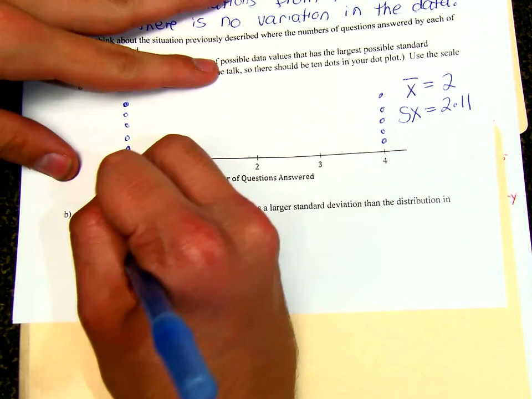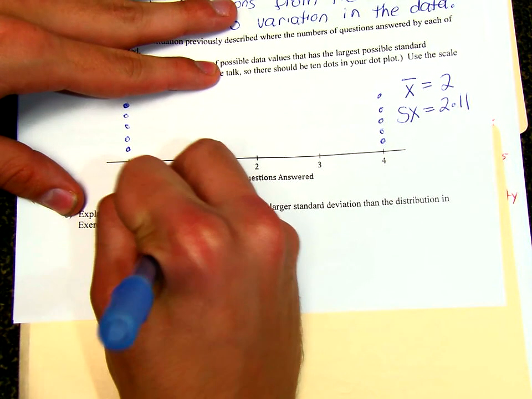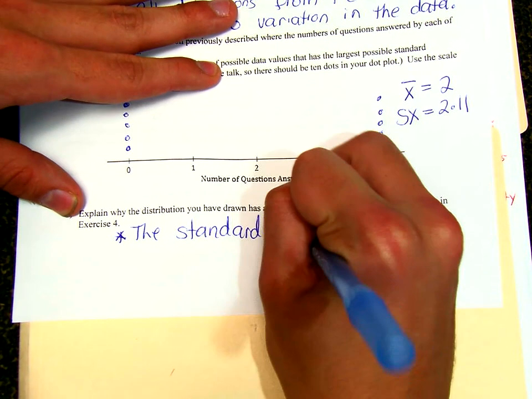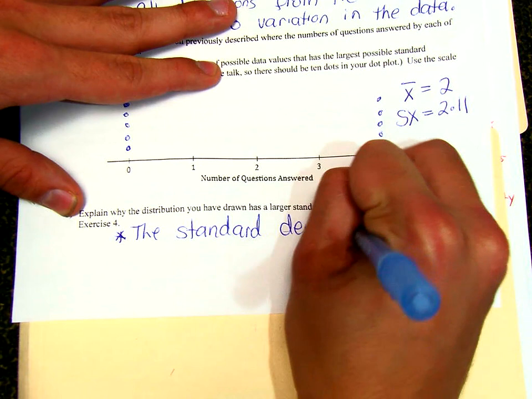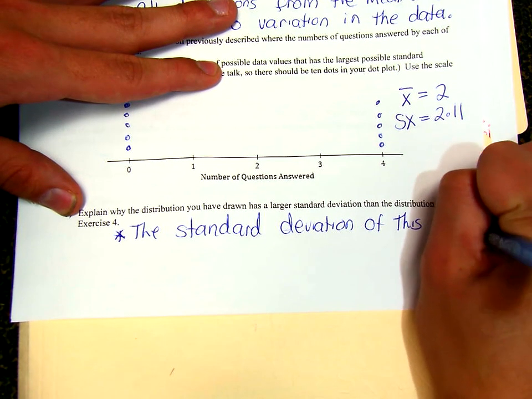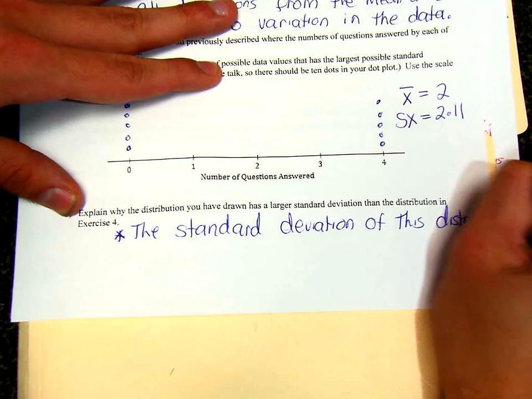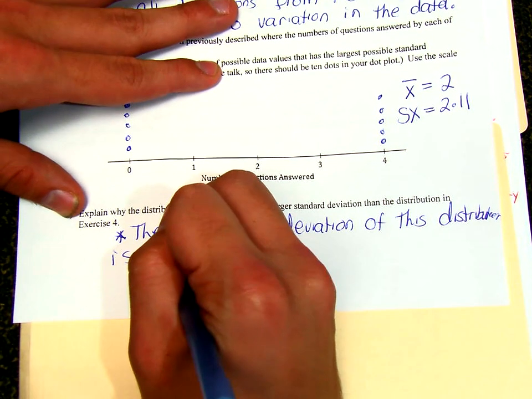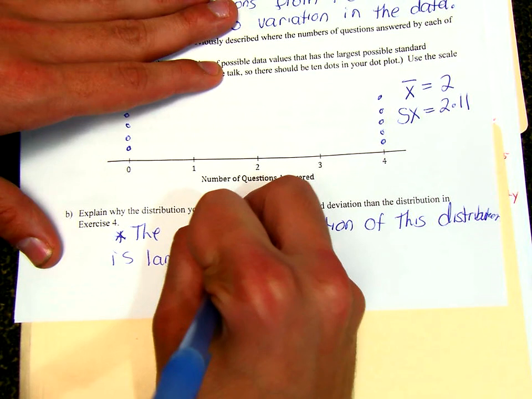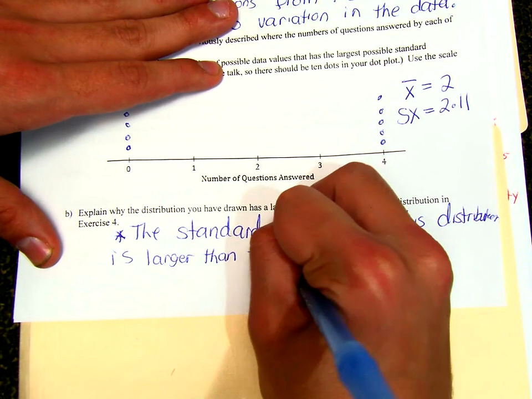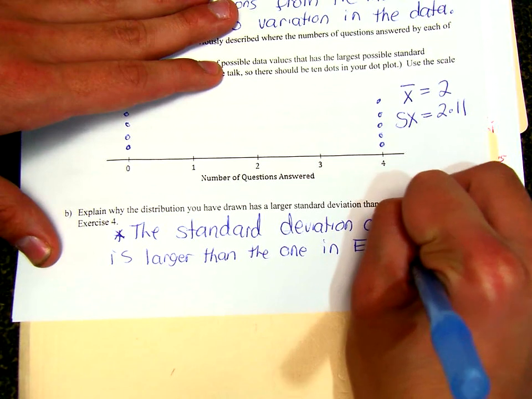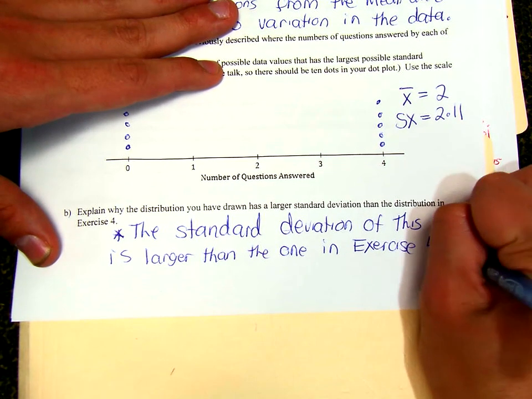We could say that the standard deviation of this distribution is larger than the one in exercise 4 because